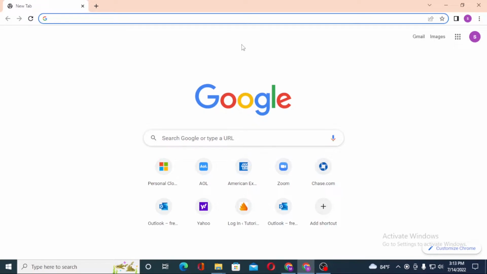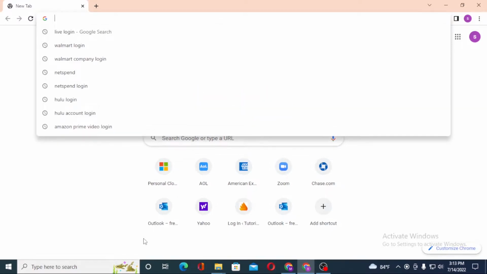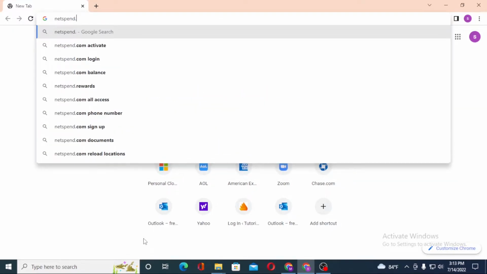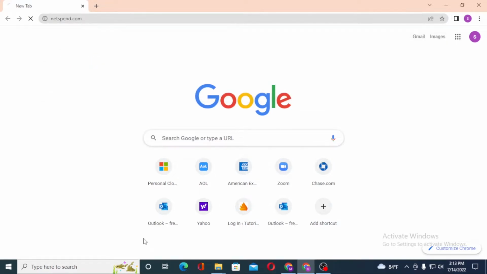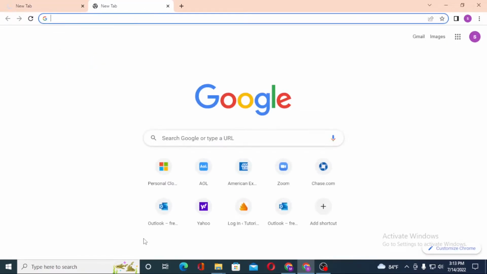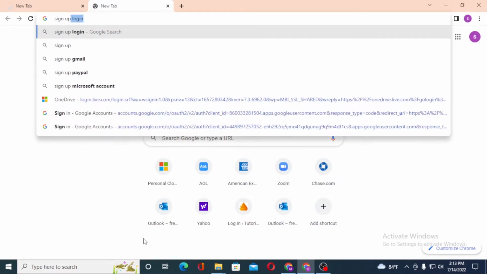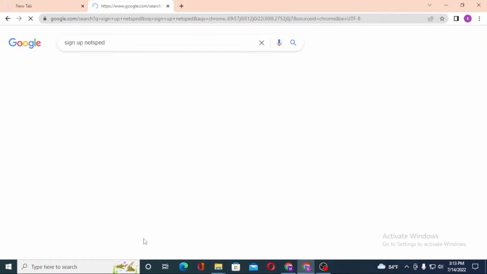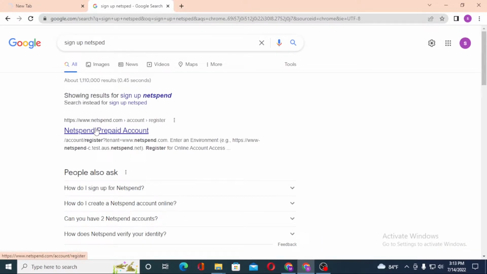Now to sign up for a Netspend account, first open up your preferred browser, as I have already opened the Google Chrome, and in the search bar click over there and type in netspend.com like this and hit enter. Or you can just simply search for sign up Netspend on the Google itself, and on the first result you can see the Netspend prepaid account. Click over there